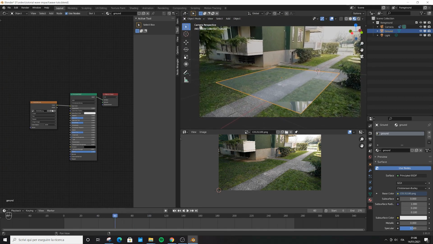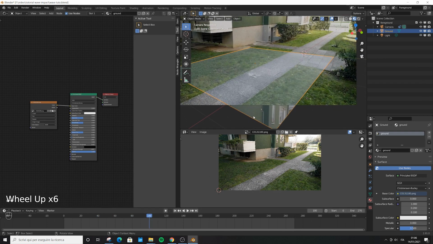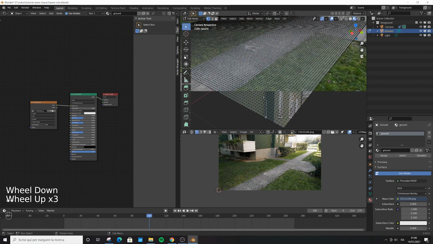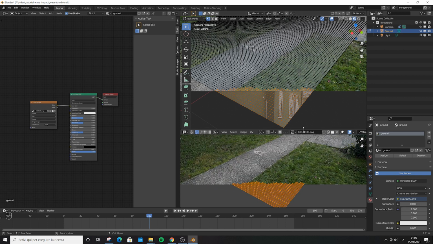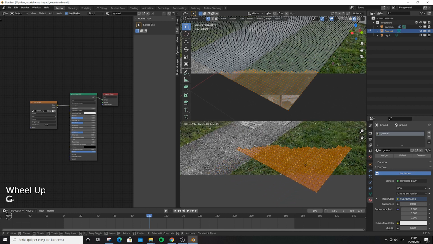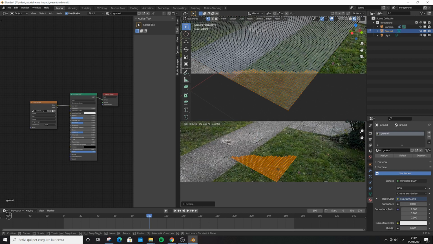We just need to fix the corner because it was outside the frame. Let's press Tab to enter edit mode and click outside the mesh to deselect everything. Now we're gonna press C to use the circular selection. With the mouse wheel you can increase the size of the tool and literally paint on the vertex to select all the vertex that stay outside the frame. Expand it a bit. In the UV editor, press G to move them inside the image. You can even scale them a little bit. Make sure that they are aligned with the texture in our mesh.